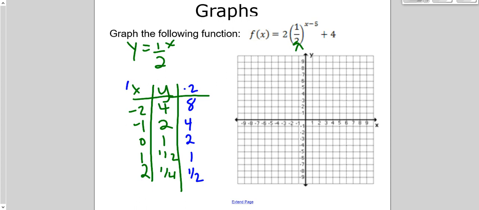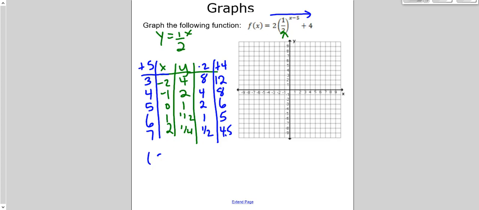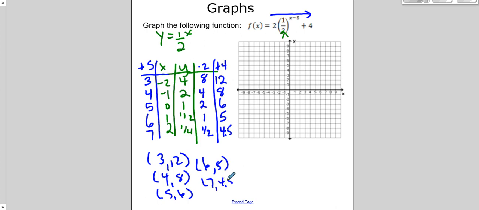And then we want to add 5 over here because we have that x minus 5. So we're going to add 5 over here, which is going to give me 3, 4, 5, 6, and 7. And then lastly, we come to this +4. So +4, which is going to give me 12, 8, 6, 5, and 4.5. Okay, so 3 and 12, 4 and 8, 5 and 6, 6 and 5, and 7 and 4.5 will be